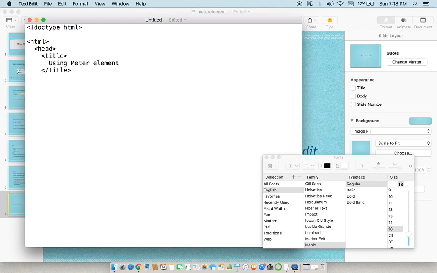Okay, and then give a name to the head also, and within body, here I'm going to use the meter element for displaying the battery usage.